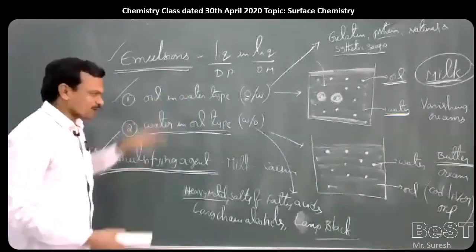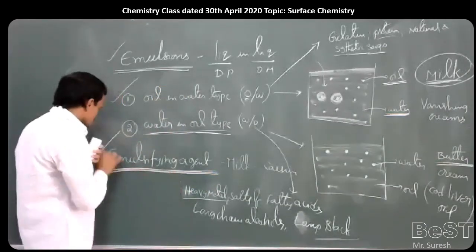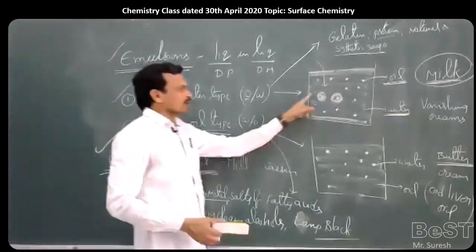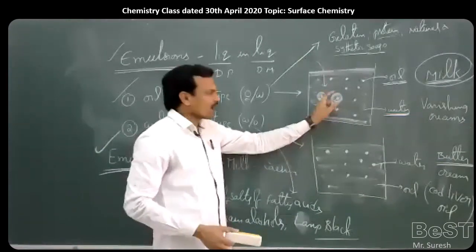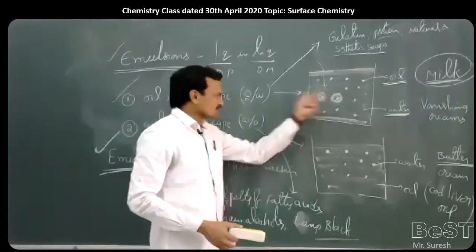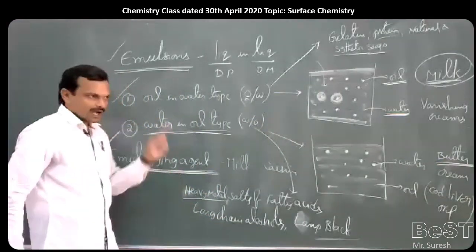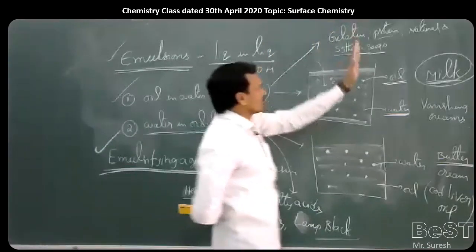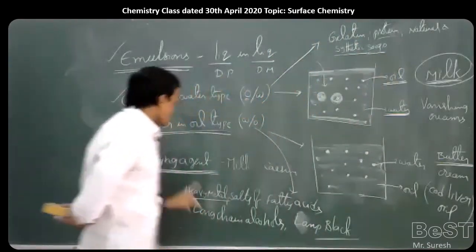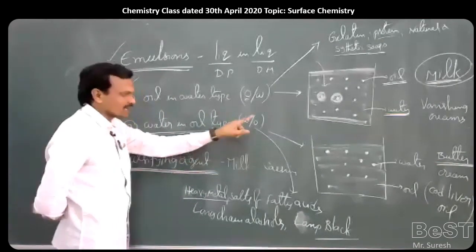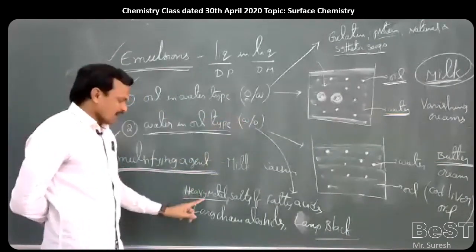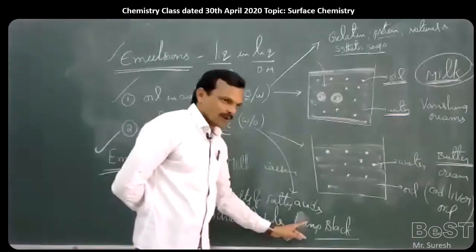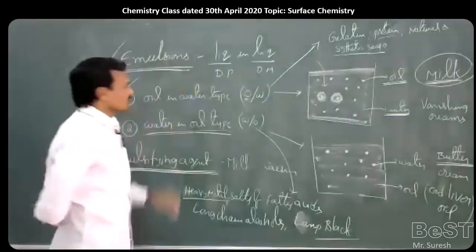To keep the emulsion stable, we add a third substance in small amounts, which is called an emulsifying agent. And this emulsifying agent forms a protective film over the surface of colloidal particles and prevents coagulation. As a result, we can keep the emulsion more stable. Commonly used emulsifying agents for oil in water type emulsion are gelatin, protein, natural and synthetic soaps. And emulsifying agents used for water in oil type emulsion are heavy metal salts of fatty acid, or long chain alcohols, or lamp black. So this is regarding emulsions.